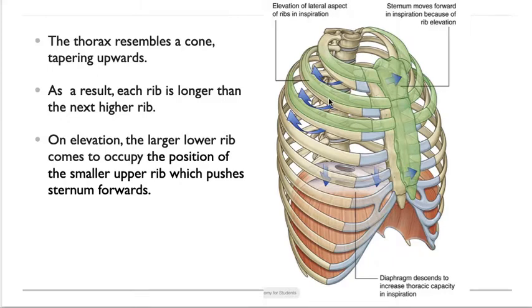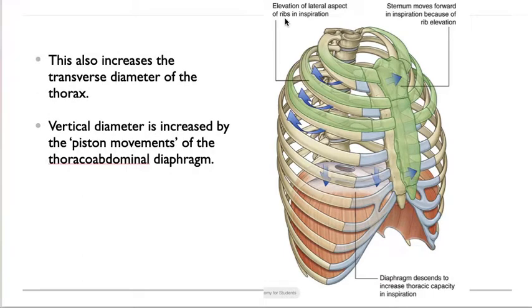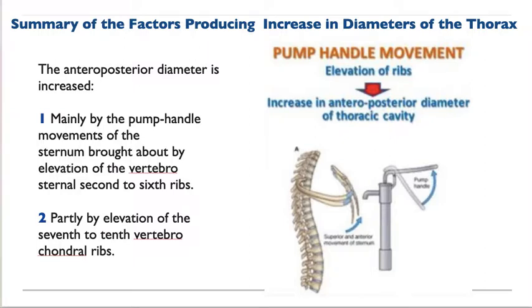There is elevation and lateral aspect of the ribs during inspiration, and this is also increasing the transverse diameter of the thorax. The vertical diameter is increased by a piston-like movement of the thoraco-abdominal diaphragm, which is also descending to increase the thoracic capacity in inspiration. Now, if we would like to summarize the factors producing increase in diameters of the thorax,